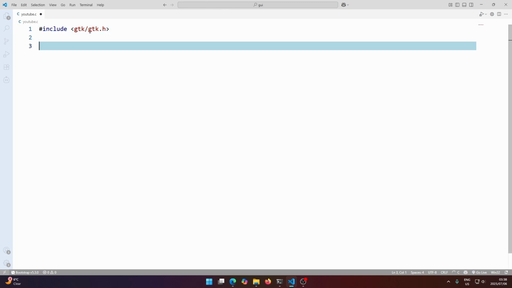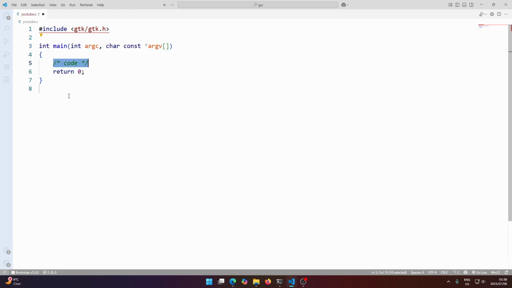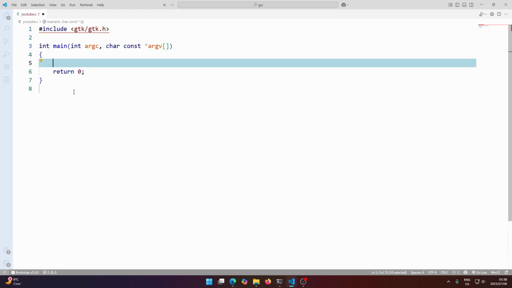And yeah, that will include the header file. And then we need to start our main function down here. And before we put any code in,